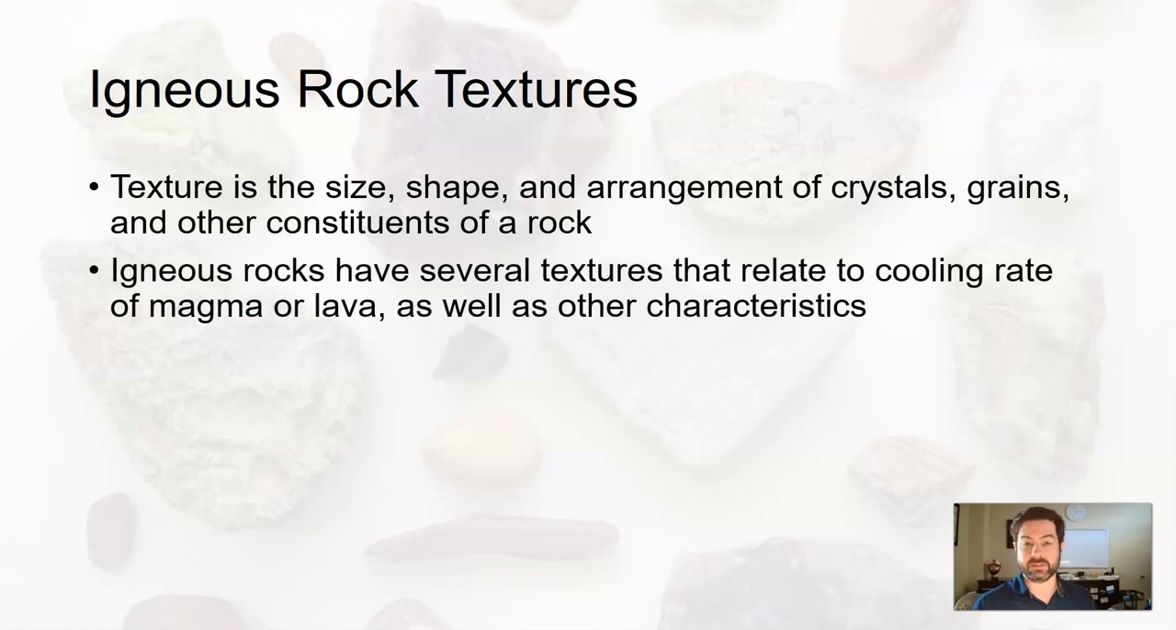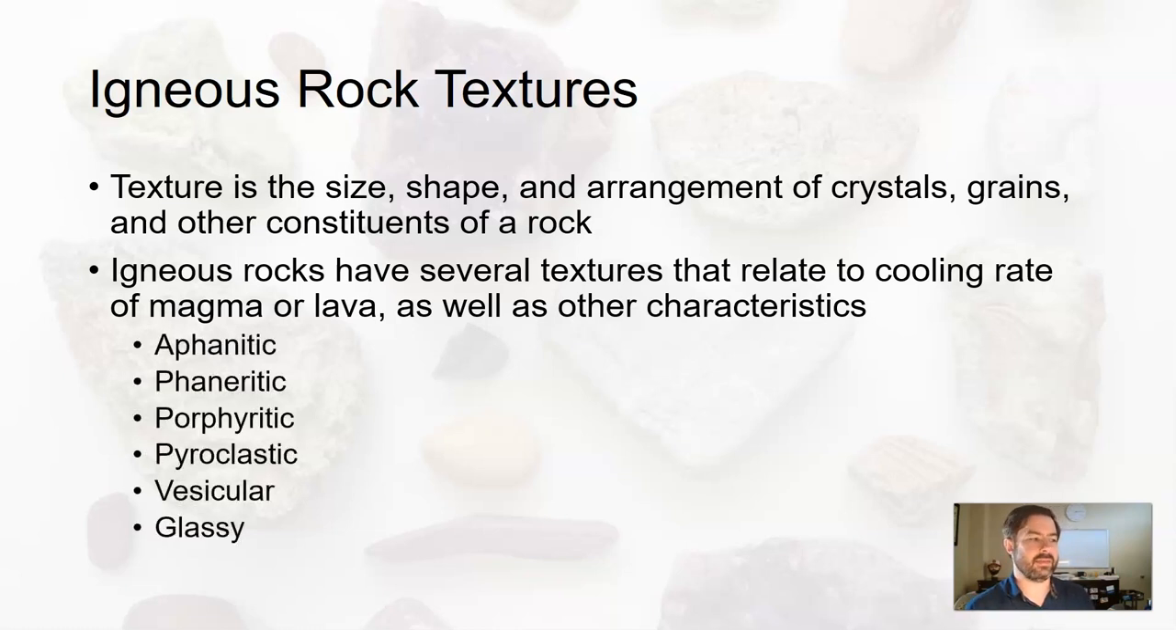Igneous rocks have several textures that relate mostly to the cooling rate of the magma or lava, as well as some other characteristics of the magma or lava itself. And these characteristics include, and I'll just read them off because we'll define them here: aphanitic, phaneritic, porphyritic, pyroclastic, vesicular,